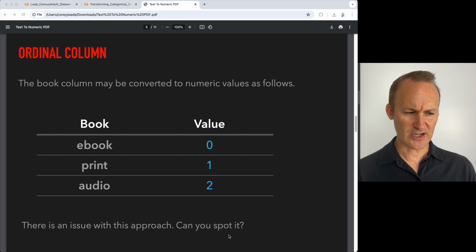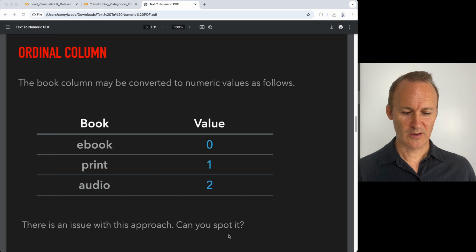and there is an issue with this approach. So take a moment and see if you can think about why might there be an issue with labeling categories as such. Okay, and you might think, how is this different than, say, education, like which college, high school, how those can be converted to numbers? Well,